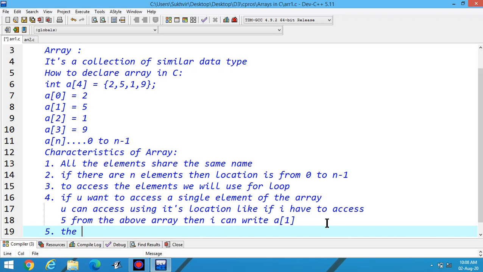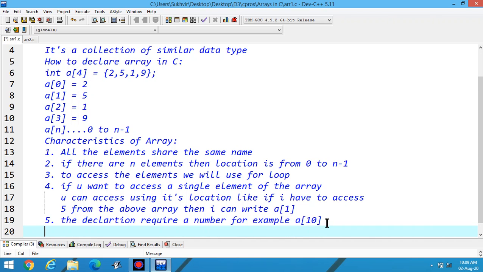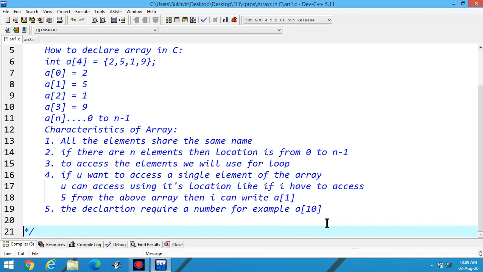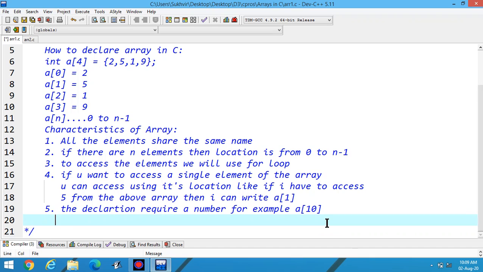One more thing, the declaration requires a number. For example, we have to write a like this. Some number is required. What's not required, you can't write like this, a n.